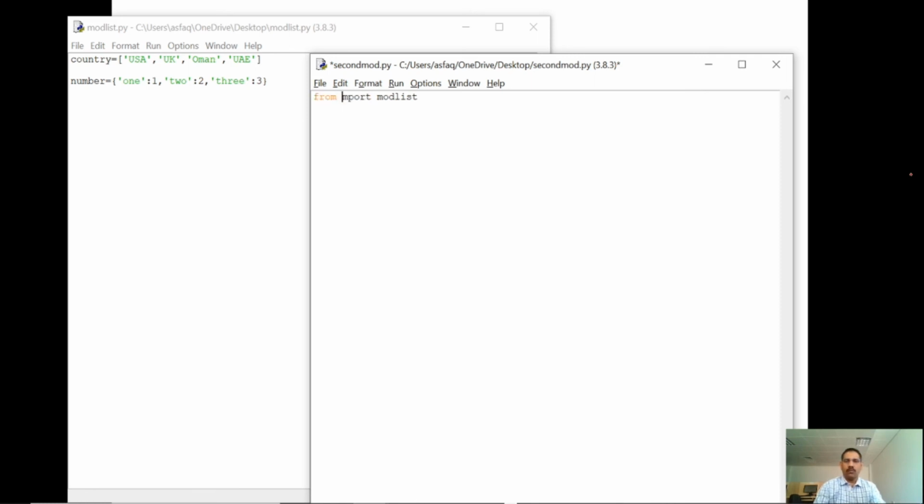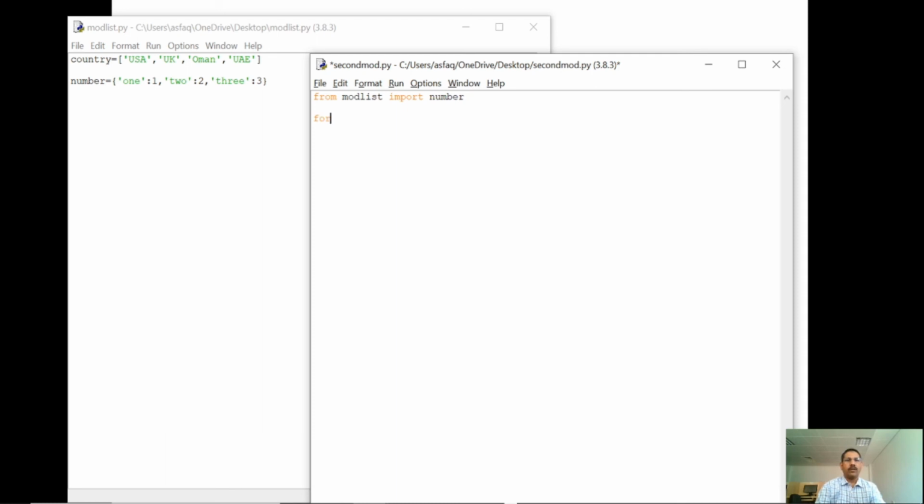From mod list, which is the name of the first file, import number, that's it. Understand? The mod list is the name of the module, and we are going to import only the numbers, not the others.